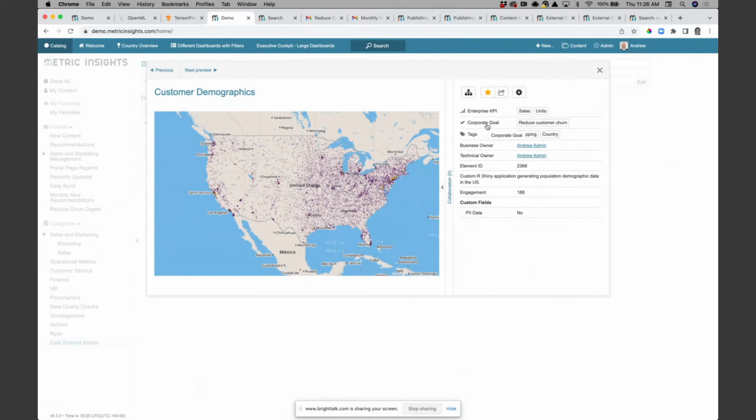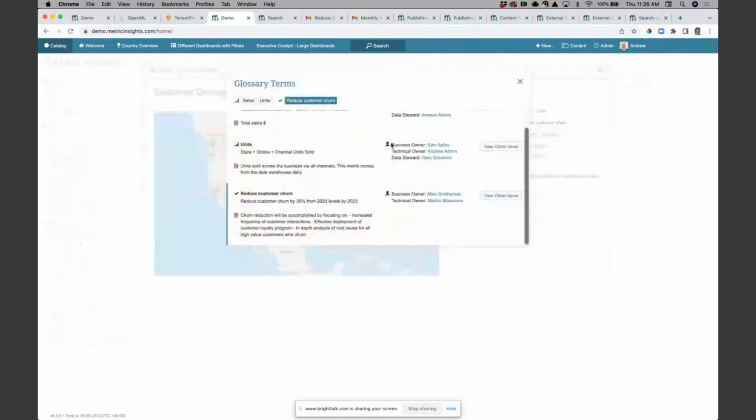And so, we may have a corporate goal here around reducing customer churn. And this particular R Shiny model is intended to help with that corporate objective. And if I click on that corporate objective, I can see what it is that we're trying to achieve, the goals that we're working towards, who's owning this objective, both from a business and technical perspective.